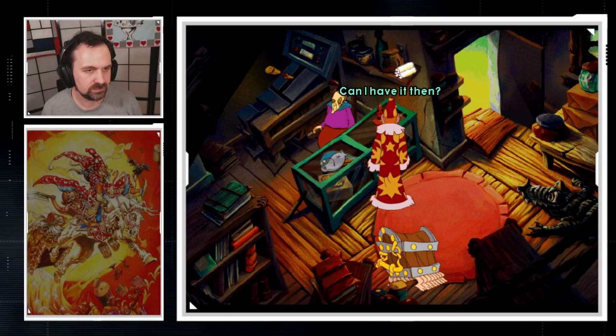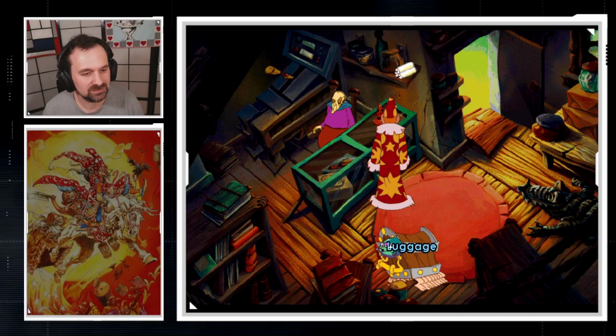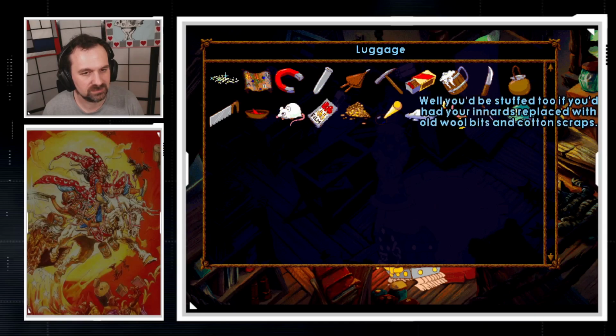That looks nice. Can I have it then? Certainly. What? No mumbo jumbo? No sudden insistence that I go on a special quest or anything? What? Me? Order a princess about? Whatever are you thinking? A stuffed fish? Well, you'd be stuffed too if you'd had your innards replaced with old wool bits and